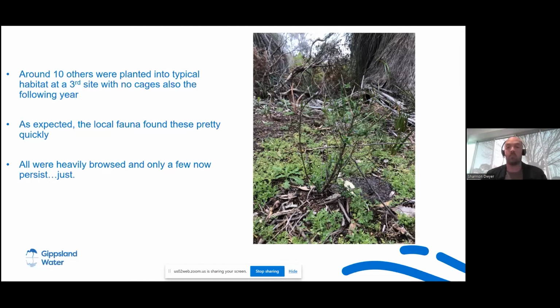And so the other site in the pasture gives us a bit of promise that we might be able to include this plant a bit more broadly in revegetation efforts around the property, and maybe we don't need to be so careful in our site selection and matching the habitat exactly to where the parent population is. We can probably plant these things a bit more broadly around the property and hopefully get a bit more success.